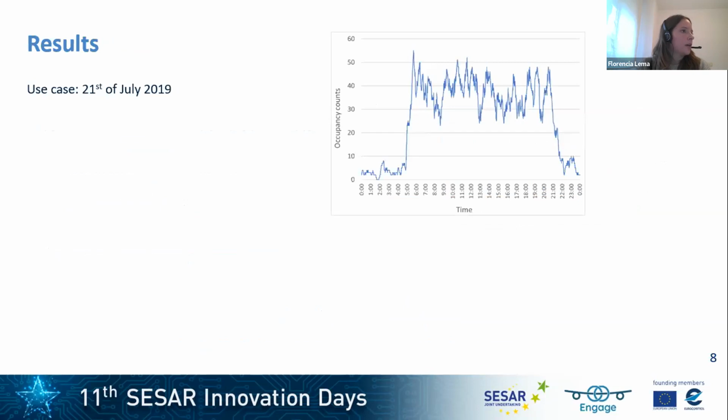The results obtained are the following. We tested our framework with different dates of the summer of 2019. This period is of very high levels of air traffic demand in the Spain area. But we decided to show the results of the 21st of July. That's because this is a busy day in terms of air traffic levels and sector overloads. In particular, we are going to show the results obtained from 6 a.m. to 9 a.m. This period contains the highest peak of traffic complexity of that day, followed by a significant decrease of air traffic demand.